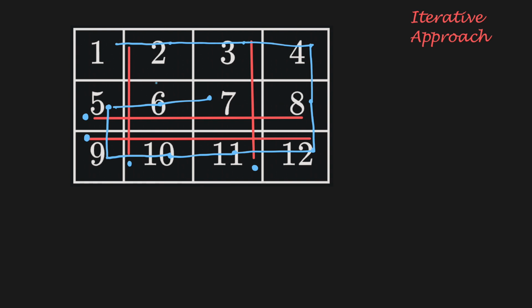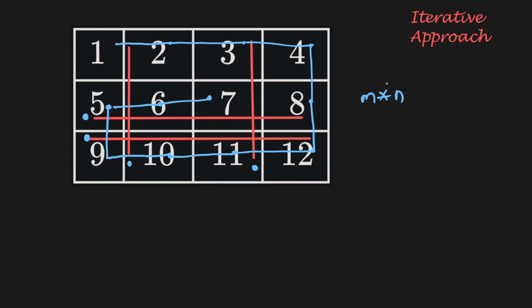Another approach is to monitor the size of the spiral list, which is the answer we want to return. If its size is equal to m into n, where m is the number of rows and n is the number of columns, then the total number of elements in the matrix will be m into n. And if the size of the list is m into n, then we know that all elements in the matrix have been visited. Thus, we can stop the traversal. So you can choose either method, boundary conditions or the size of the spiral list, to determine when to stop